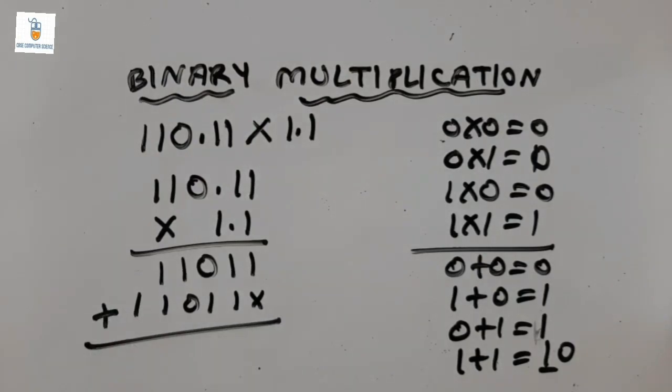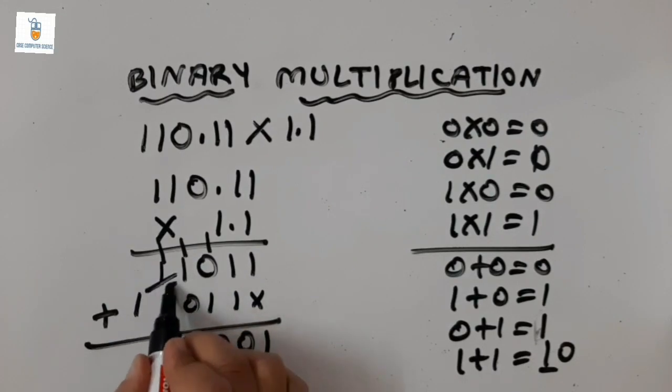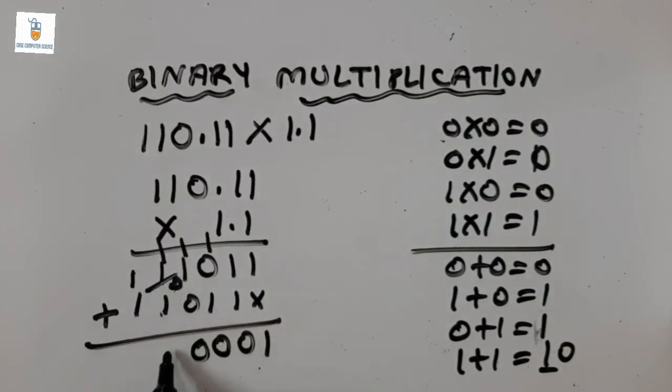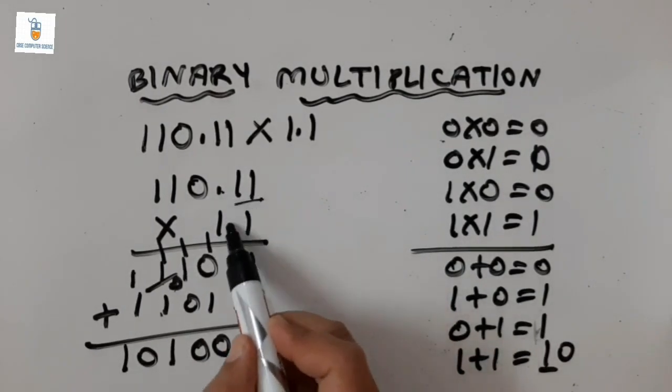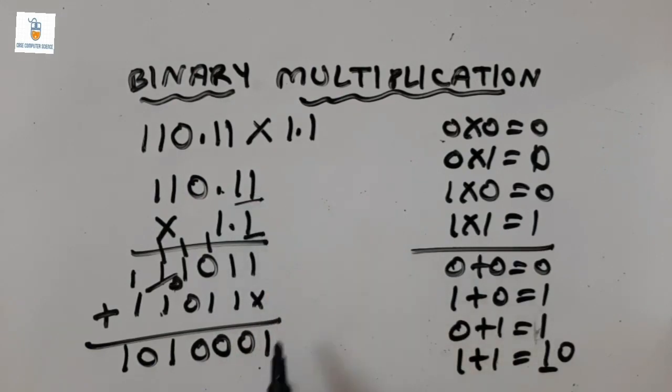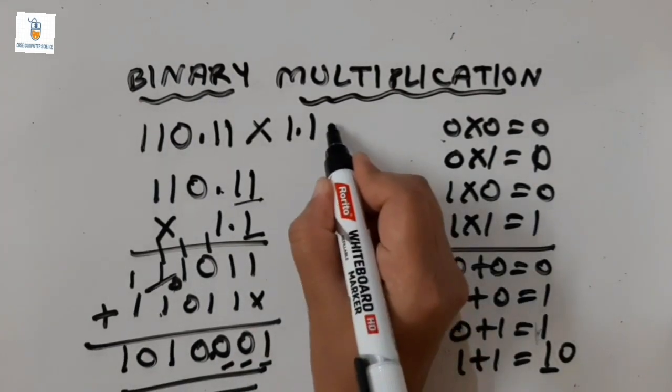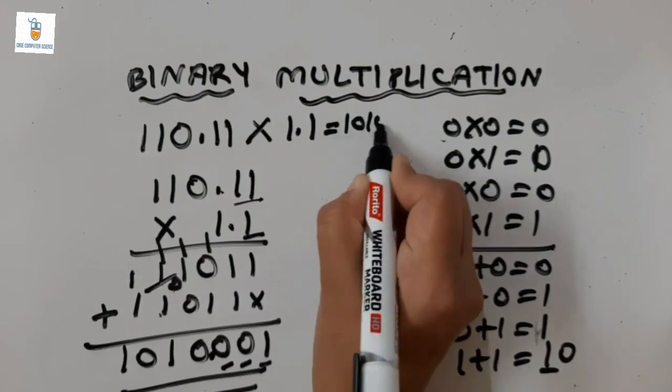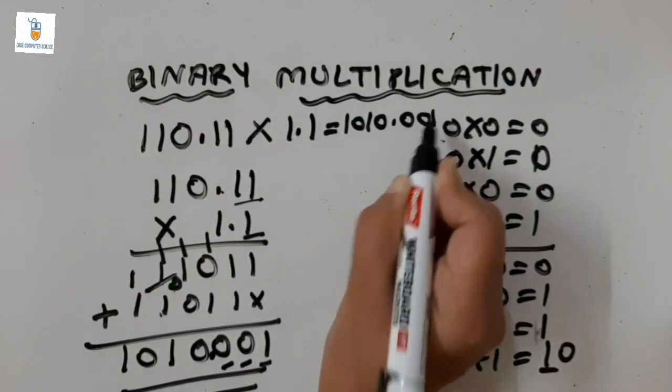Now coming to the addition part, 1 will be written down, 1 plus 1 is 10, so 0 and 1 carryover, 1 plus 1 again 10 and 1 carryover. So the same way we will repeat these steps as we did in the earlier two examples, and we will get 10100001. Now we see that after the floating point totally 3 digits are there. So moving from right to left we will count 3 digits and place the point there. So the answer obtained would be